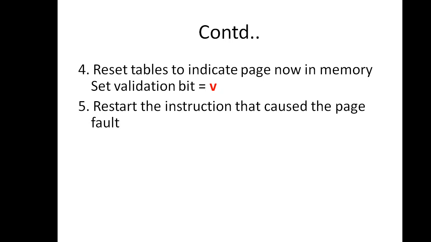Next step, after this we restart the instruction that was interrupted by the trap. That means when that particular process execution was interrupted because of the page fault, it is going to be resumed now. We restart the instruction execution, so the process can now access the page as though it had always been in the memory. Once that instruction is executed again, the process will think that it can execute normally, as if that page was already present in the memory.